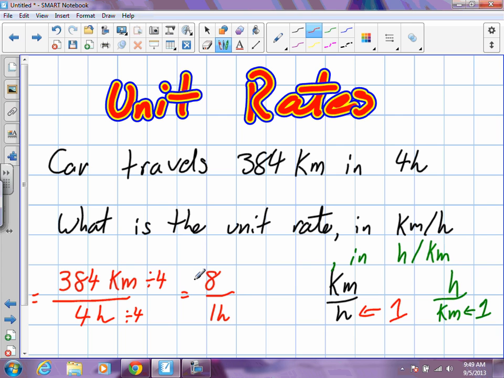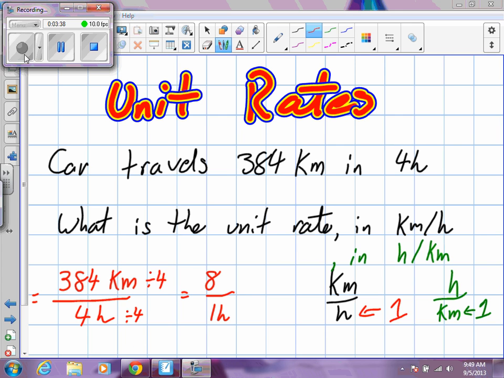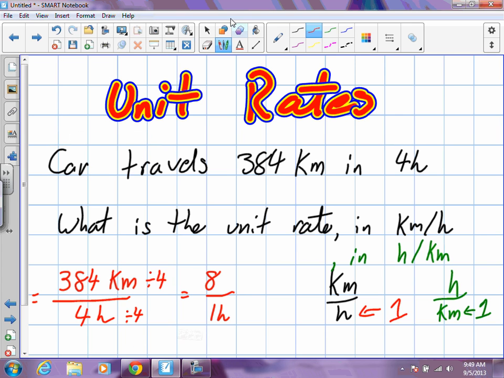Let's pause this. How do we do it? Okay, so your book has an error. When we divide these values,